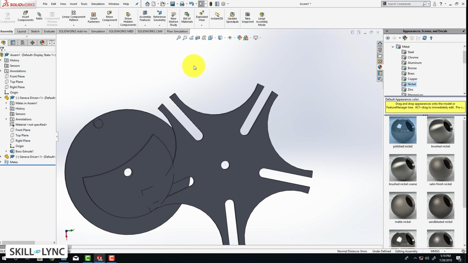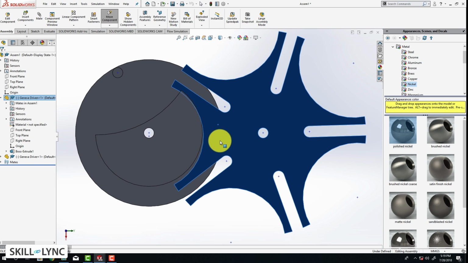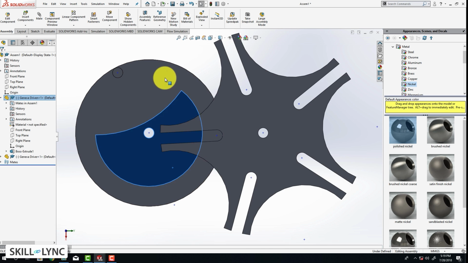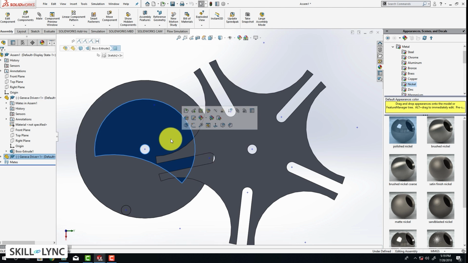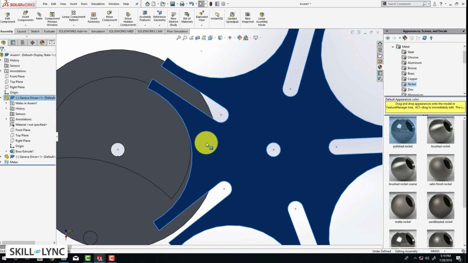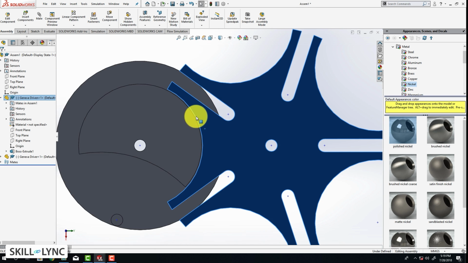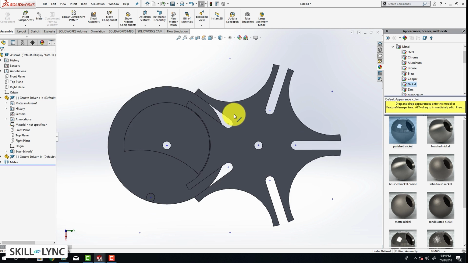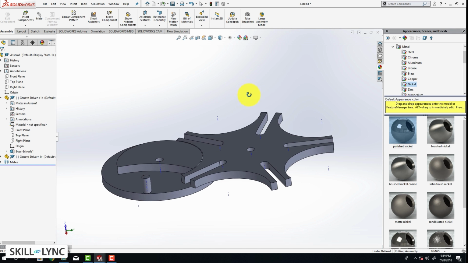Alright, so now we can see that the position is almost right, and you can see that I can actually rotate it, and both these components are now quite well constrained. So now what we need to do is make sure that the overlap is not there. So we can just manually move this so that there is a small distance between the two components. So now we can go ahead and disable the temporary axis,